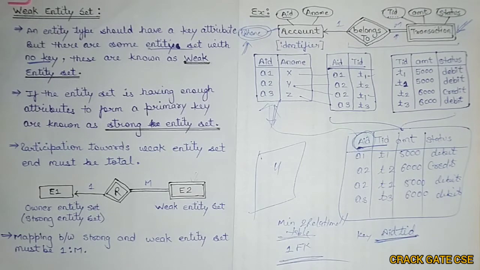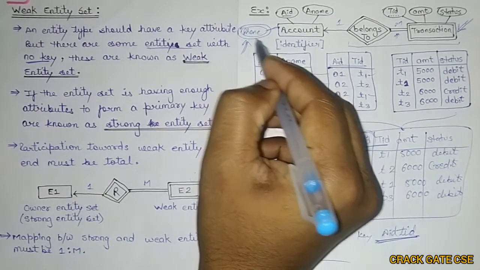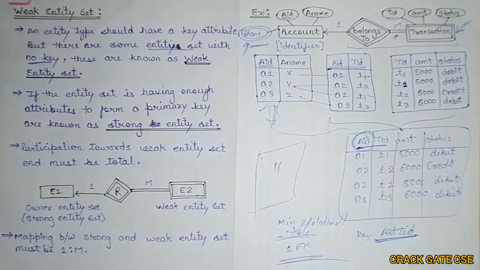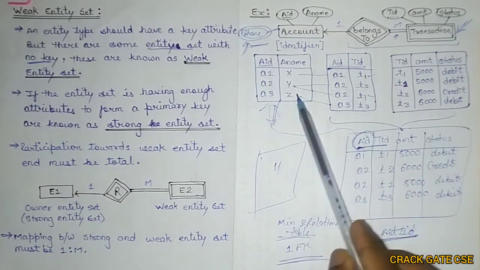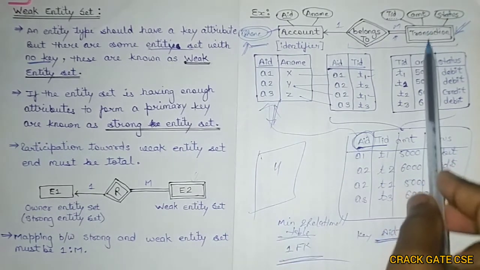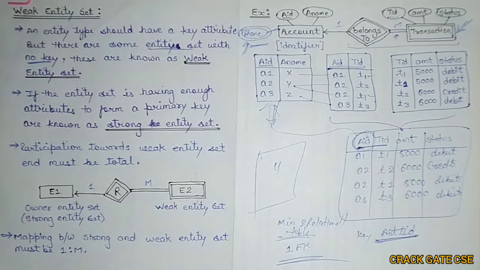So in the next video, we will be practicing some questions if there is a multi-valued attribute in the account. There is one question which came in a previous year GATE exam. I don't remember it much, it might be in 2001 or any year later on. In that year, one question was, when the ER diagram was given, one multi-valued attribute was also given. So in the next video, we will be solving such questions, how you can minimize the ER diagram if there is any multi-valued attribute, right? So must watch that video also.